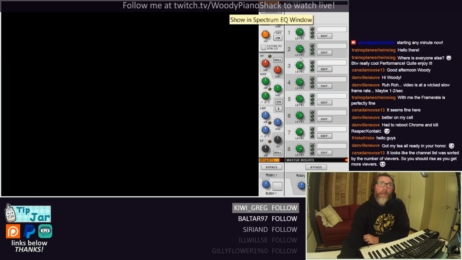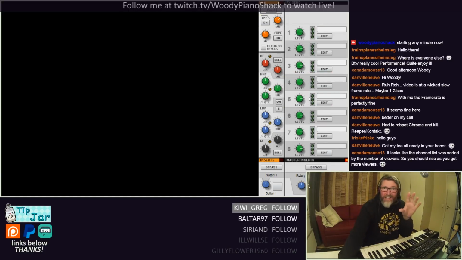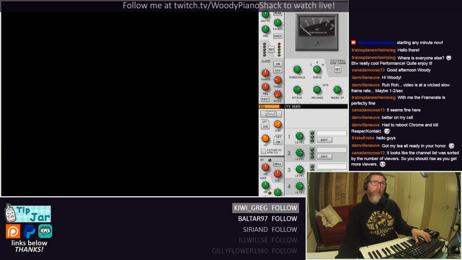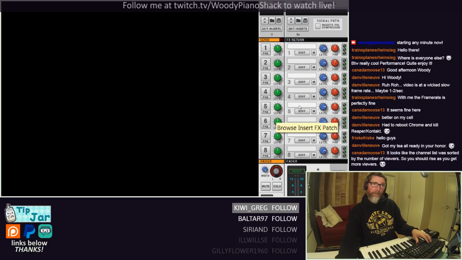This is pretty nice, a whole EQ section, and this looks very much like the SSL mixing desk EQ. I know that because I have the Waves SSL channel strip, and it looks just like this. I've never played a real SSL console, never played with one of those. So yeah, we have EQ built in here, and then we have at the top compression and a gate as well. This is a low pass high pass filter, and you get that on every channel,